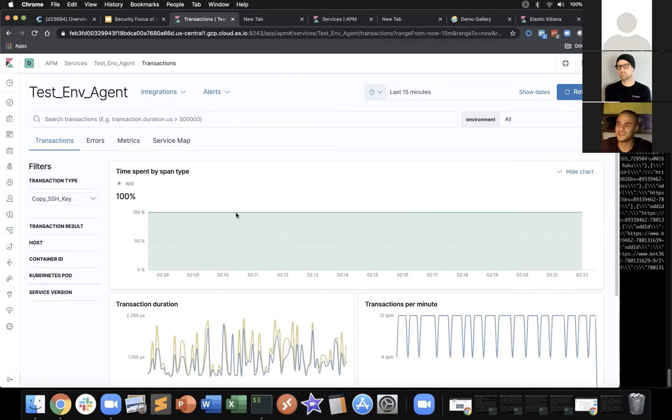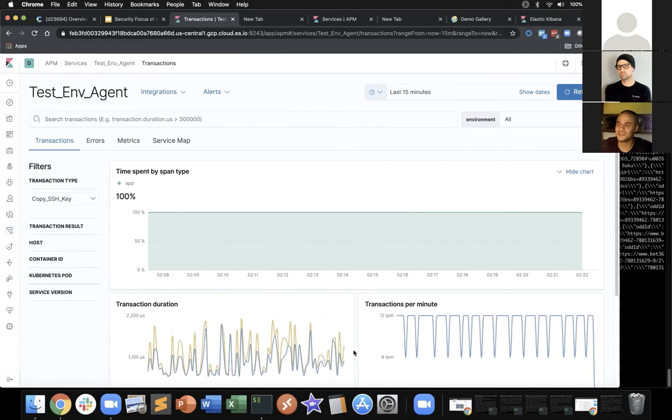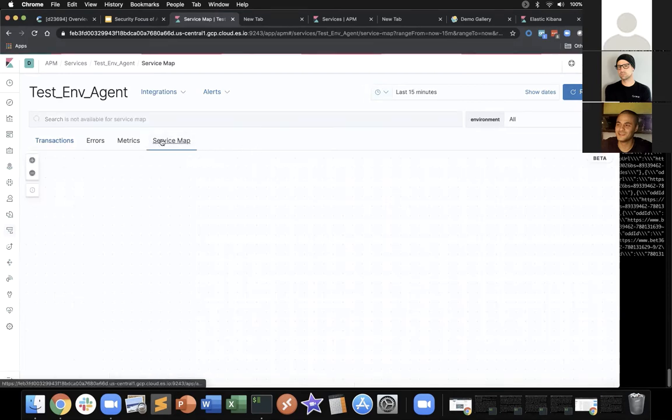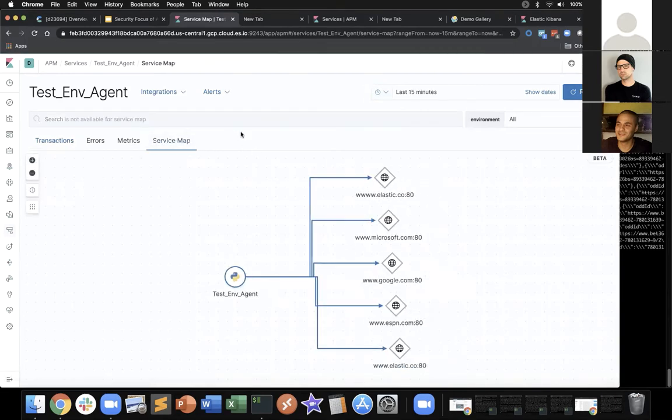All right. It's flowing through. I don't know if you guys can see it, but it is gradually flowing to the left here. As of our recent version 7.7, we've exposed something called service maps within our APM agent. And this is pretty cool because it gives you a visual of what your code is doing out in the world, right? So my particular code, as I mentioned, I'm going out to various websites and trying to search for